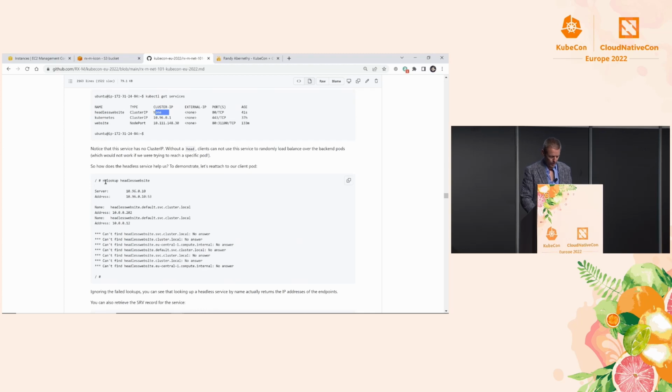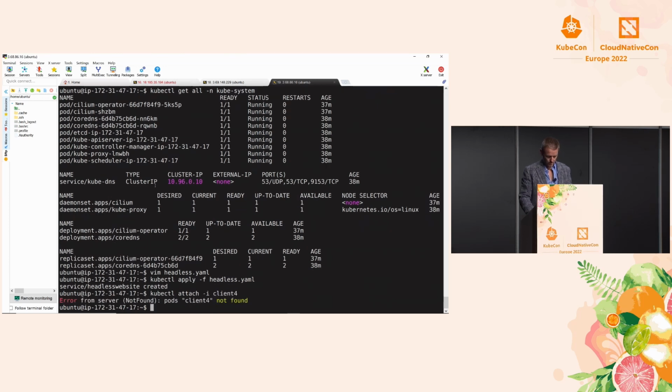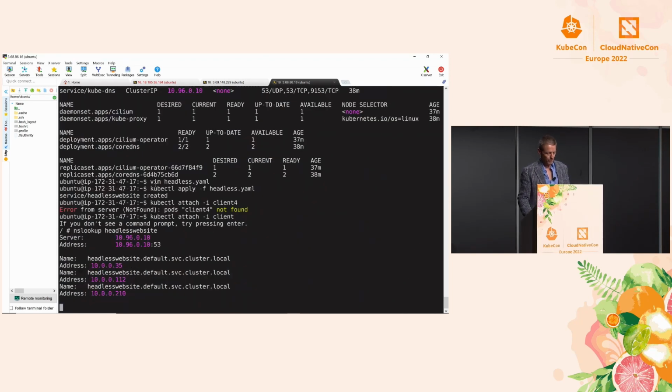And then we're going to jump back into that pod, and we're going to do some nslookups to see what kind of DNS trouble we can get into. So I'm going to kubectl attach my input stream to, what was it called, client. There we go. Go ahead and try that nslookup on the headless website that we just created.